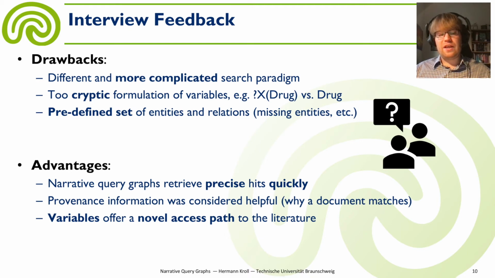And in addition, they really appreciated the feature of variables in their searches, because therefore they could state a complex interaction graph and then use a variable at some node and say, generate me an overview. And this was helpful to see, for example, which dosage forms had already been used in the literature, what has been tried out, something like that. And therefore they can generate overviews about the latest literature, and this was well appreciated by the users.